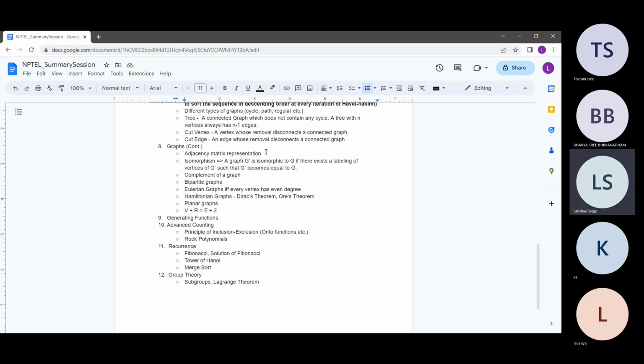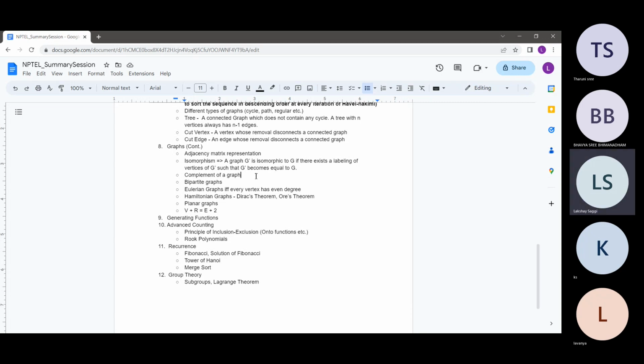And now then came the concept of complement of a graph. So what is a complement of a graph? Maybe I'll just not write down this definition for the complement of a graph. I'll just tell you what the complement is. What does the complement of a graph denote? Suppose a graph is denoted by V comma E, right? The set V is the set of vertices of that graph